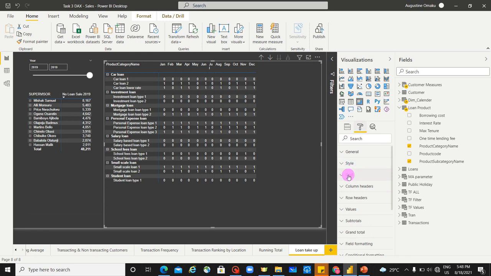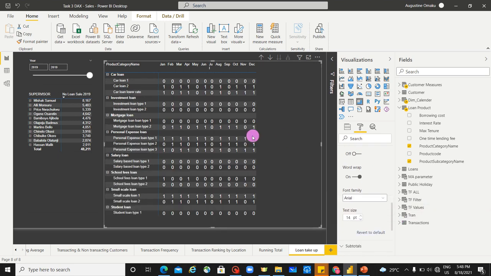So I can come to, I think that should be in values here. Let me increase this font a bit. Let me increase it from 10 to, let's say, 14. Yeah, 14 is better, just to make it bigger. I'll still increase these ones as well, but in the meantime,